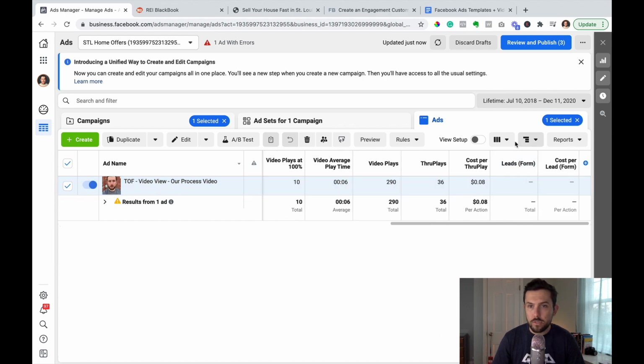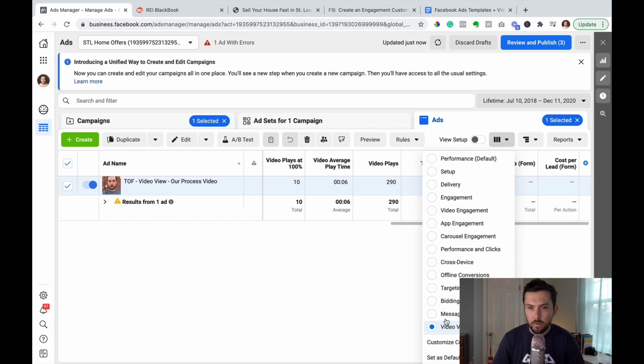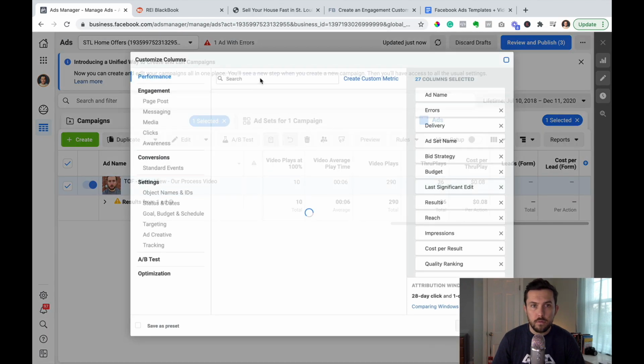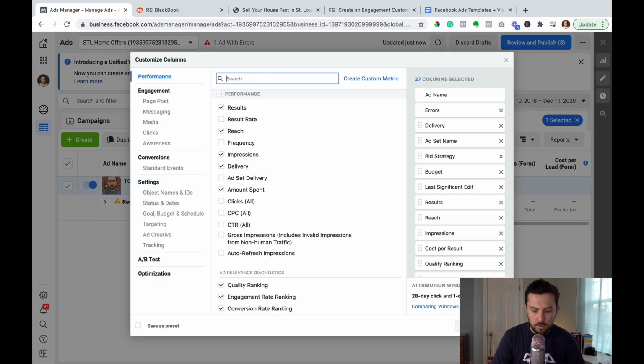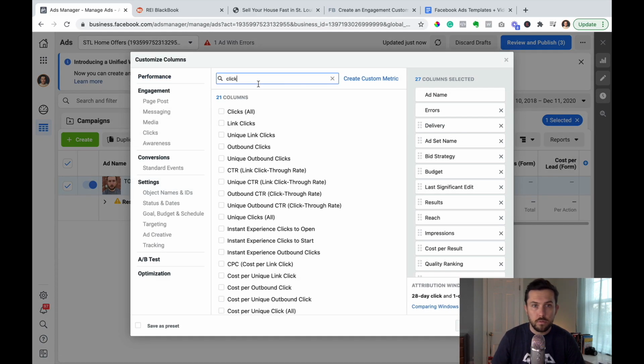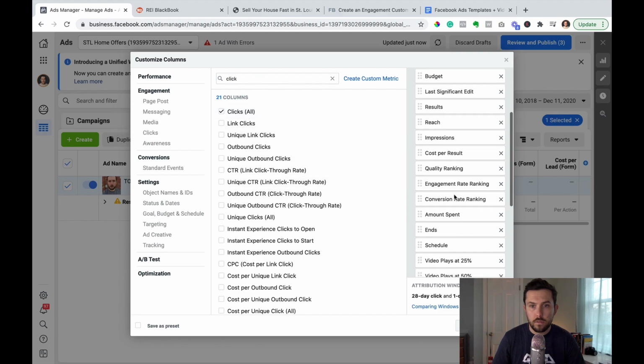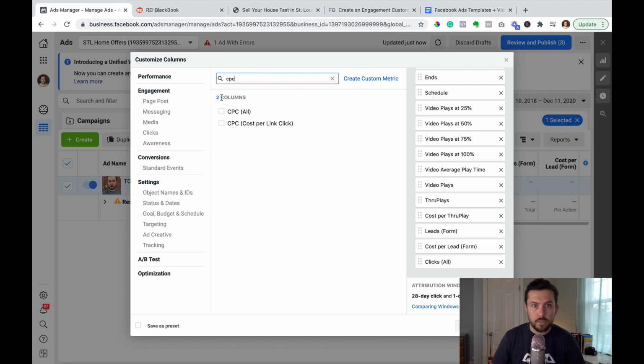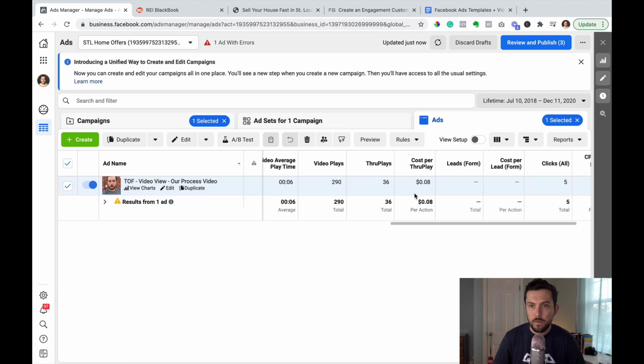And so we'll show you how to create that custom audience. You can also see, and I don't know why this didn't save, but it's also going to show you clicks. And let's do cost per click, so it breaks down the cost per click. Click apply.